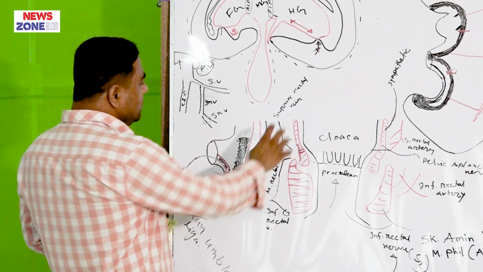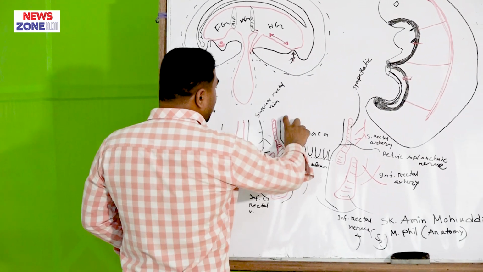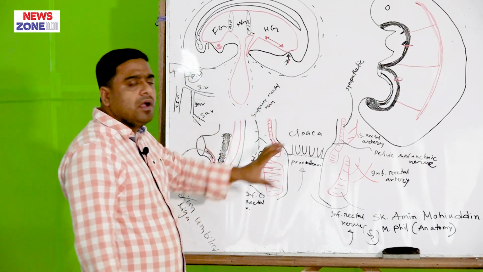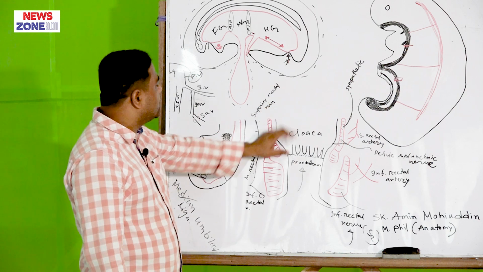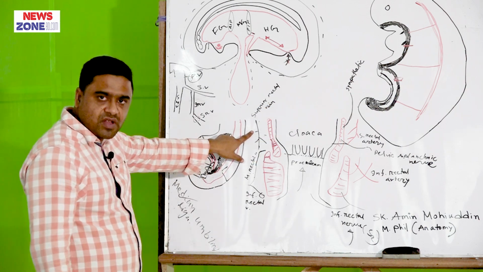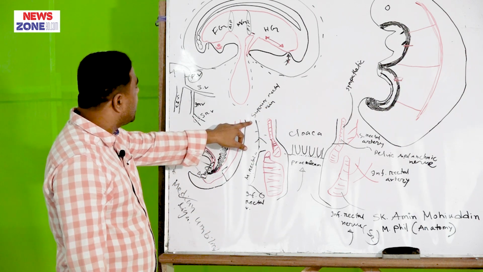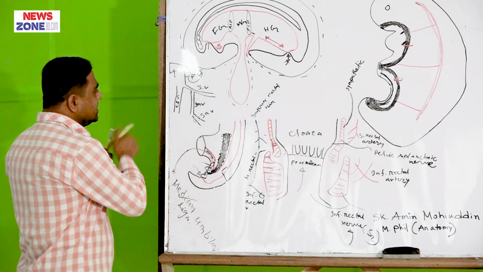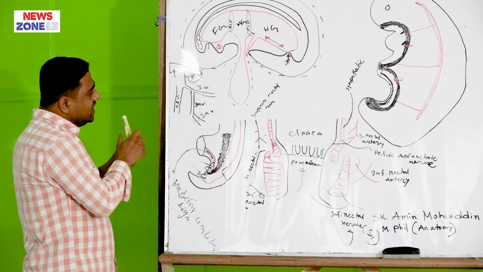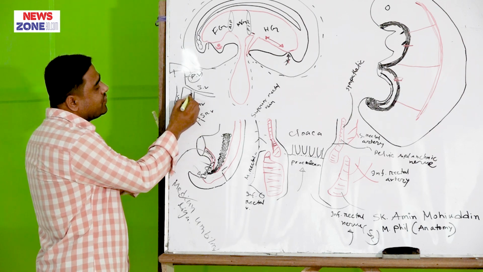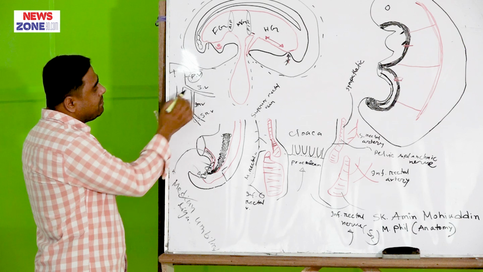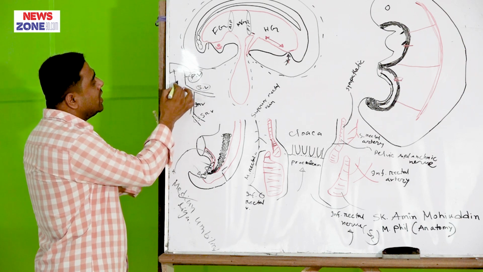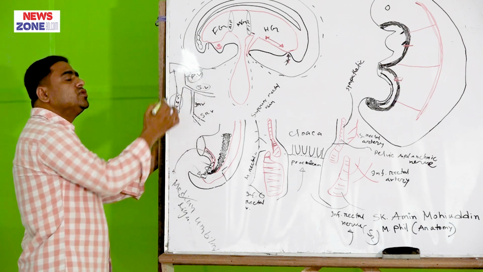The common iliac artery is the branch of the abdominal aorta. Now, the blood from the upper 2/3 of the anal canal, that is up to the pectinate line, drains into the superior rectal vein. This superior rectal vein ultimately drains into the inferior mesenteric vein, and this inferior mesenteric vein drains into the splenic vein. By the fusion of the splenic vein and the superior mesenteric vein, they form the portal vein.